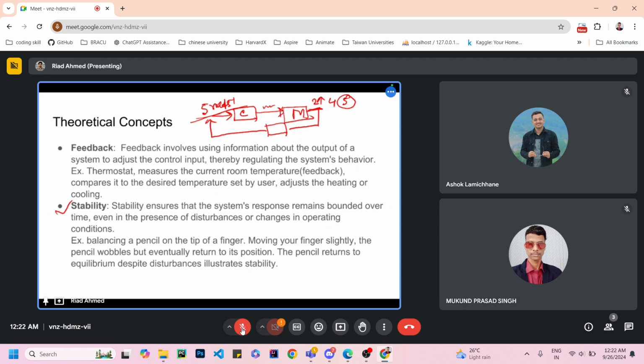At this stage, your system is stable. When your actual value is matched with the required value, that state is called stable state. So when you have achieved the stable state, let's say your motor is rotating exactly at 5 radian per